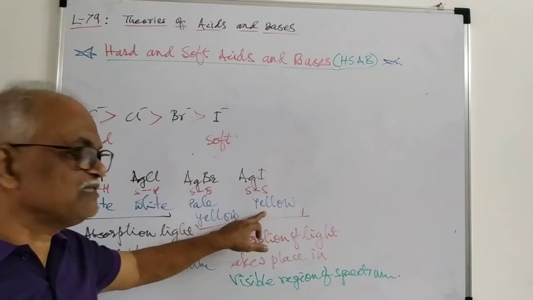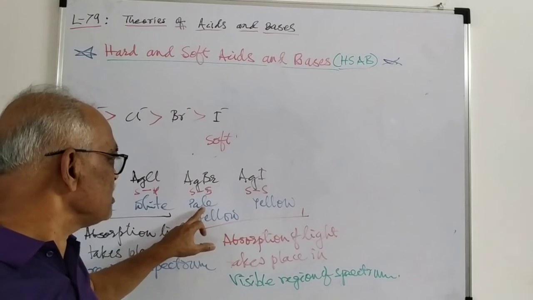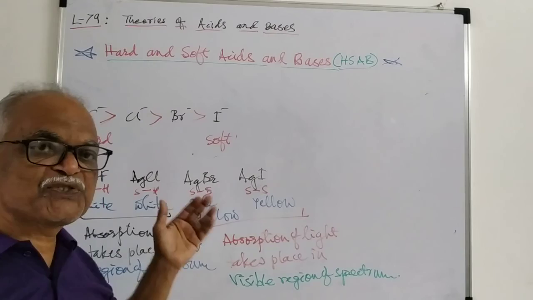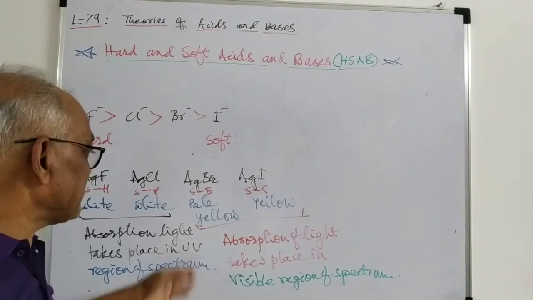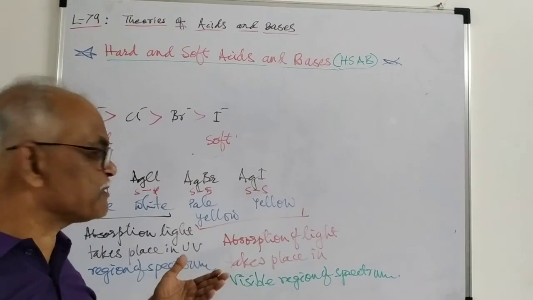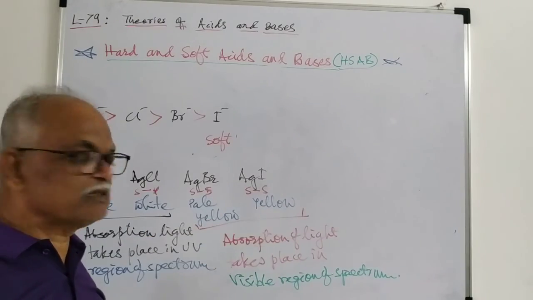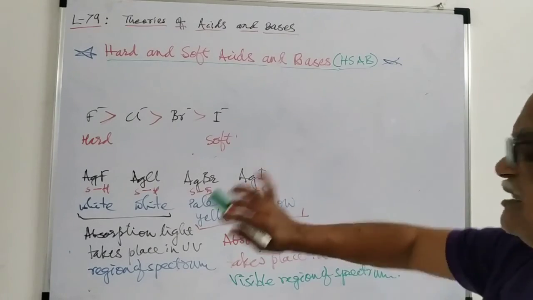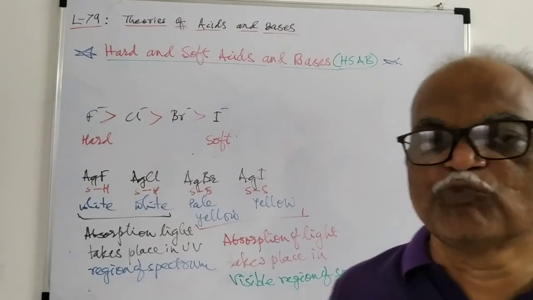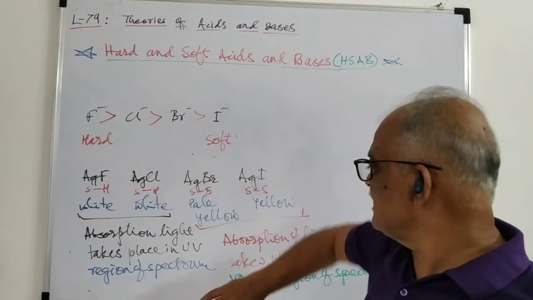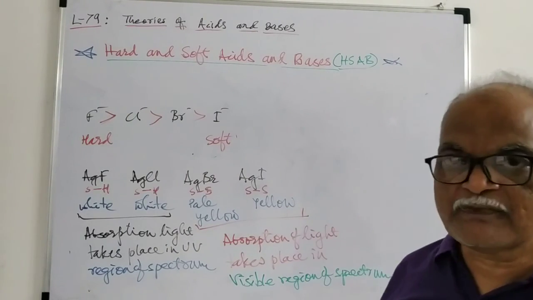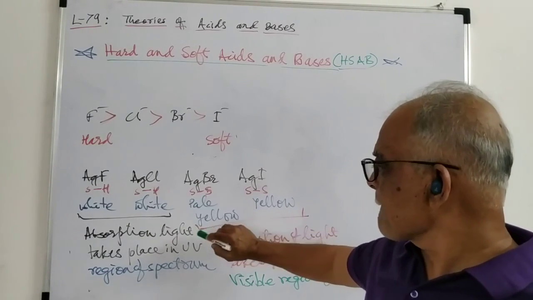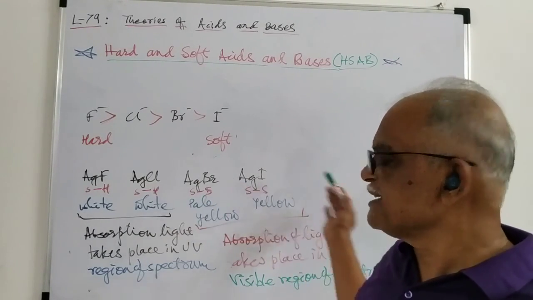This is pale yellow, this is intense yellow. The pale yellow color means the absorption of light takes place in the visible region, but towards the right side of the spectrum. Whereas the yellow color of AgI means more intense absorption, more towards the left side in the spectrum. So the absorption takes place in the visible region towards this right side, and